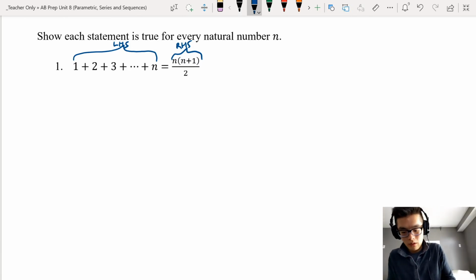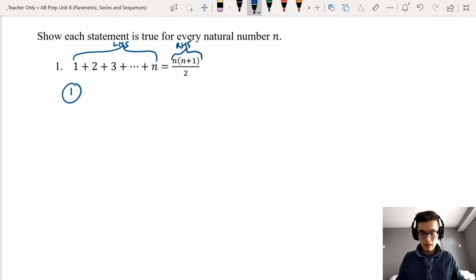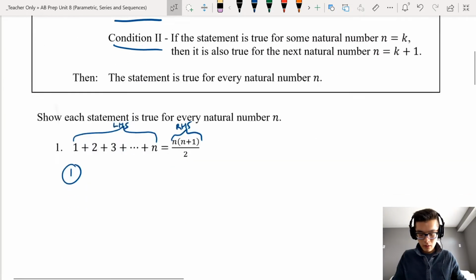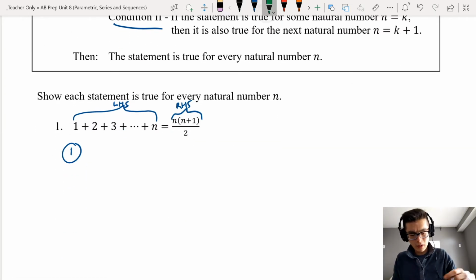Let's start with condition 1. So I'm going to say condition 1. We're going to put 1 with a circle. We want to prove that this equation, the left-hand side and the right-hand side being equal, is true when n equals 1. So let's take a quick look at the left-hand side, just do a quick recap here. The left-hand side really is just the series, right? It's an arithmetic series